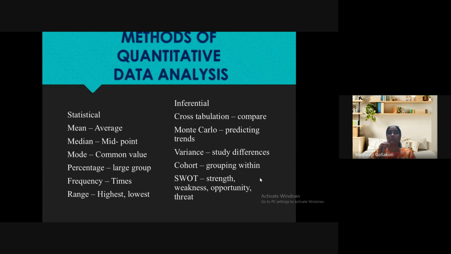And next, SWOT analysis. SWOT analysis we teach students all the time, isn't it? SWOT analysis is nothing but each letter stands for one word. S for strength, W for weakness, O for opportunity, and T for threat. Now, this is how you analyze a product and try to find out which product is good. Okay, can we have the next slide, please?